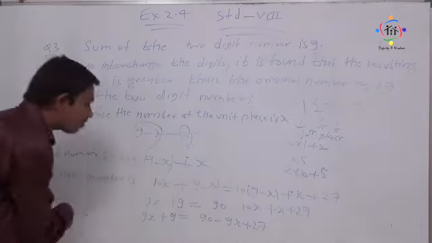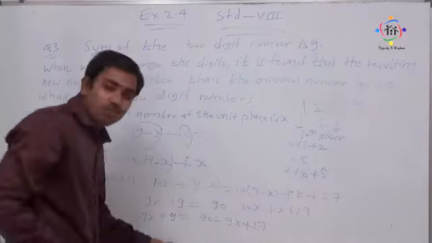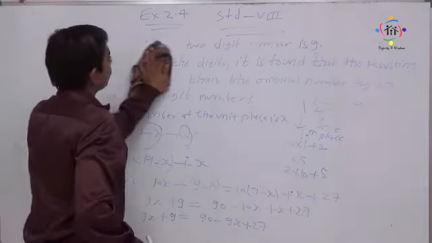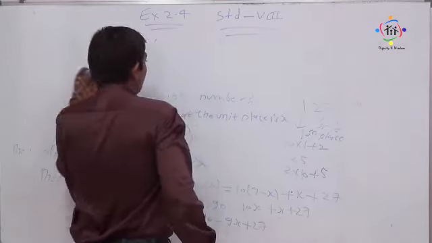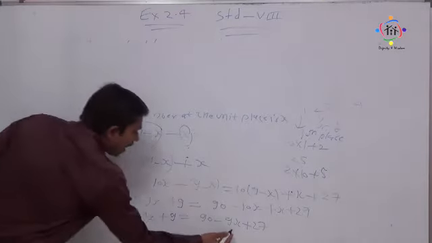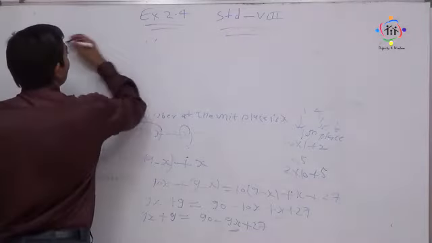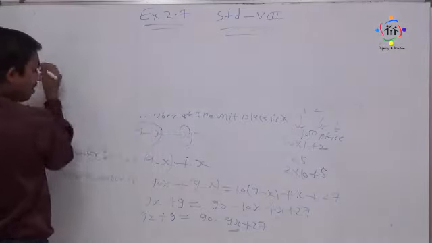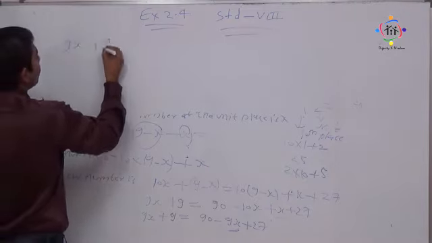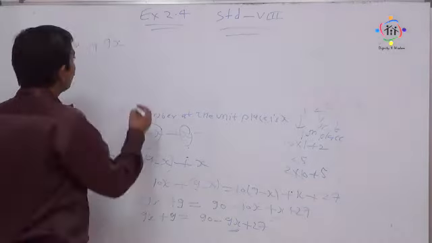This 9x I am taking this side and the constants to the other side. So I am writing at the top side. Due to lack of space over here, I am writing at the top so that it can be clearly visible to you. Okay, so let's see, my dear students. So 9 here, minus 9x given, when it comes to the left side becomes plus 9x. So let us write down plus 9x. When this 9 goes to the right side it becomes minus.